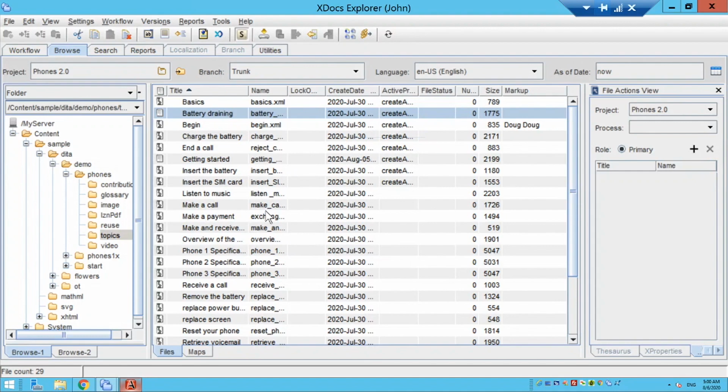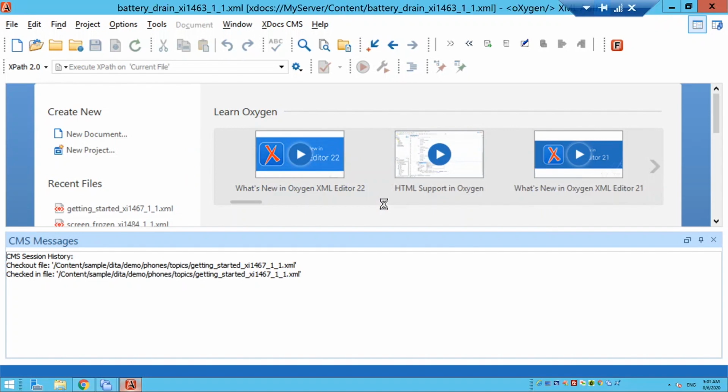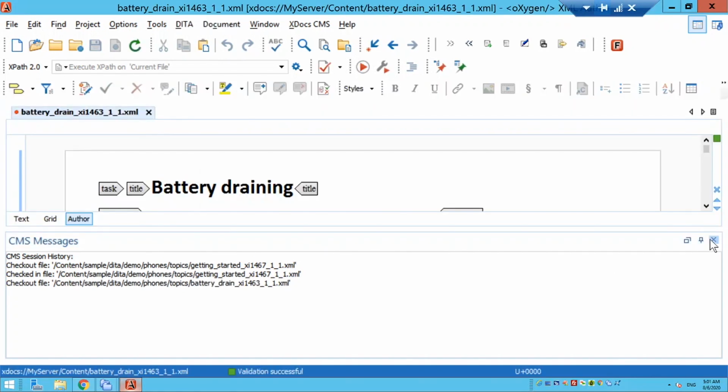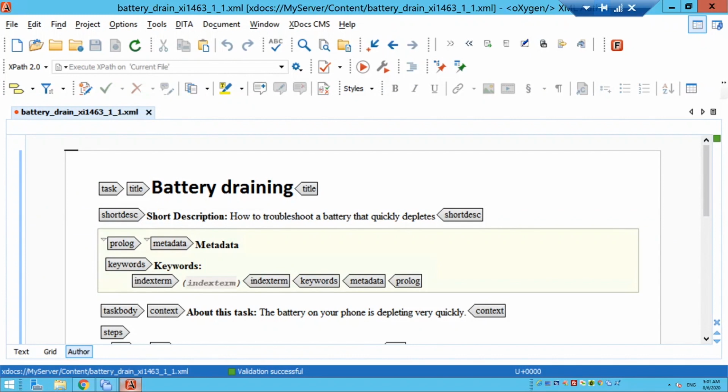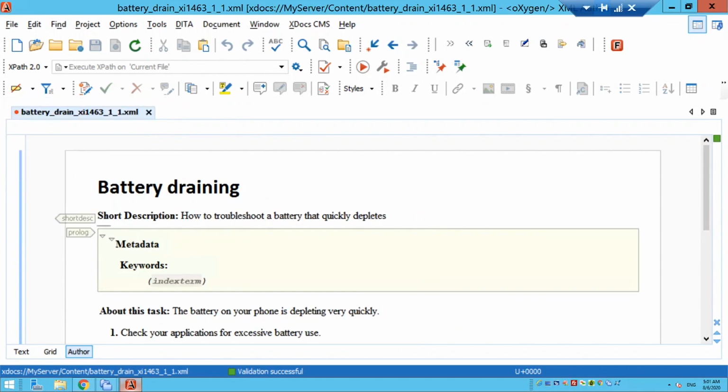We'll open up, and we get the option to either view or edit the topic. So we'll edit those messages, and you'll see here we're now with Oxygen full tabs, which I personally prefer not to see, but that's a user preference. What you will see here within Oxygen is we actually have a menu tab